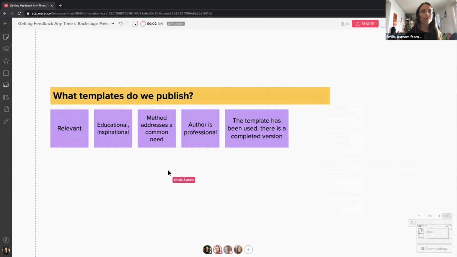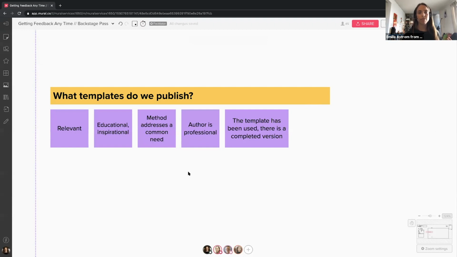And we often receive requests or questions from people who would like to see their templates being published on this page as well. So I thought it might also be good to include a couple of guidelines on what types of templates we do publish. This could also be helpful for us internally when we review the requests for new templates that we receive.